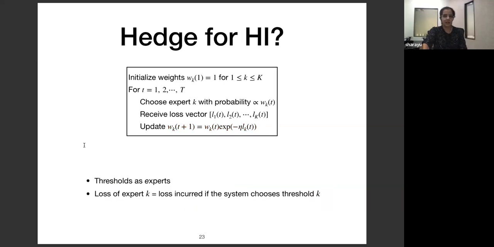Now let's go back to the hierarchical inference problem we started with. Recall that we had boiled down our hierarchical decision module to effectively picking the right threshold for the confidence values, where if the confidence value is below the threshold, we offload. If it's above the threshold, we accept. I now want you to think of these threshold values as experts, where if we choose a certain threshold or a certain expert in a given round, we incur the loss corresponding to using that threshold to decide whether to offload or not. Now, given this mapping between the experts problem and the hierarchical inference problem, an obvious question is,